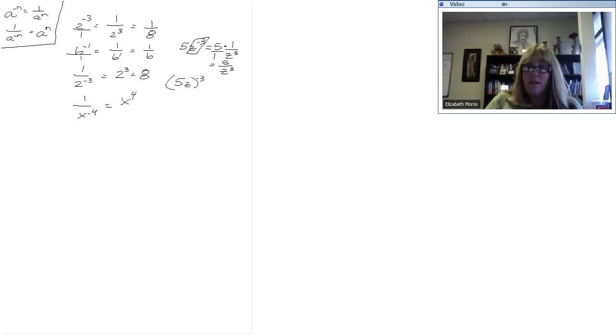This went down to the denominator. This, on the other hand, says the whole thing is to the negative 3. So it becomes 1 over 5z to the positive 3, which is 1 over 5 cubed z cubed, which we haven't done anything like that yet. So we'll just leave it like that. All right? Okay, now let's